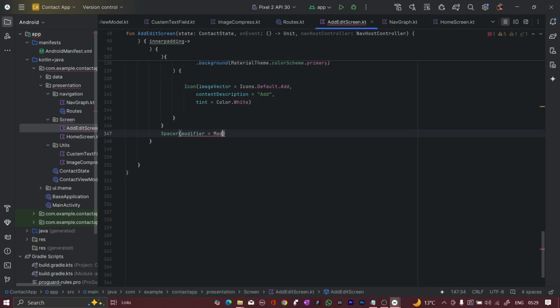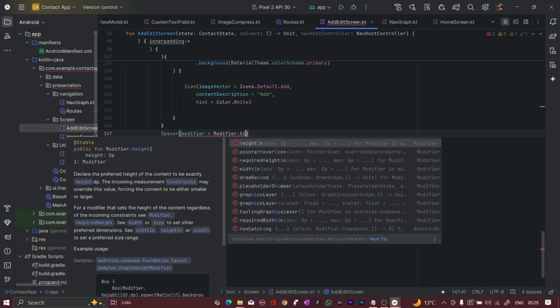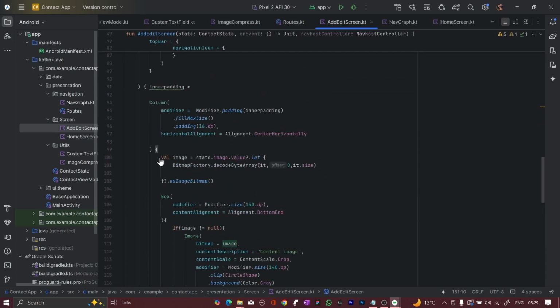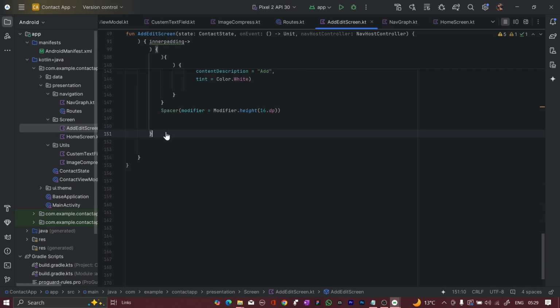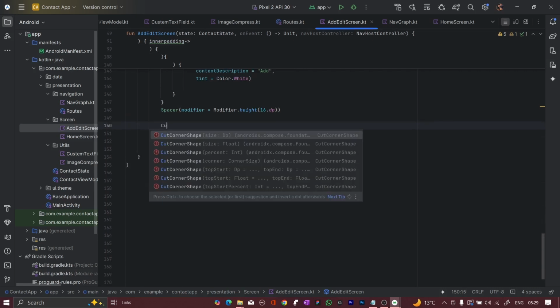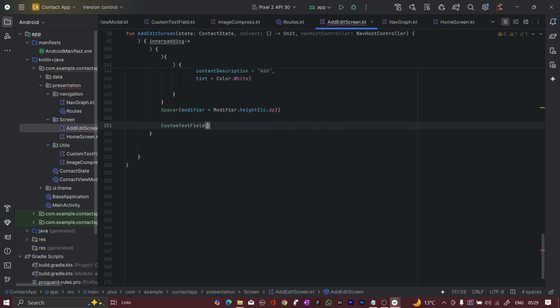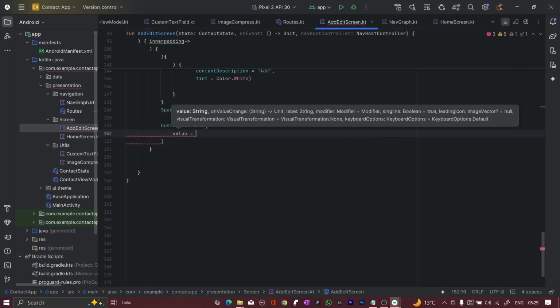modifier is equals to modifier dot height, हम लेने वाले हैं 16 डॉट dp की हाइट हमने ली, and then we are going to give here the, let me check the scope, and the scope would is the column is the scope, right? And then spacer के बाद हम क्या करना, custom text field we are going to take. Inside that value we are going to take is the state dot name